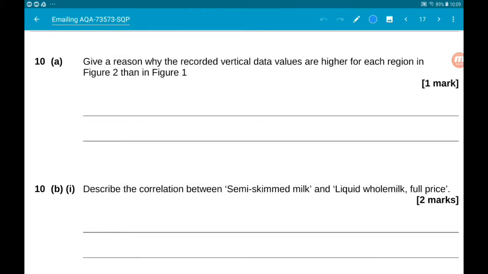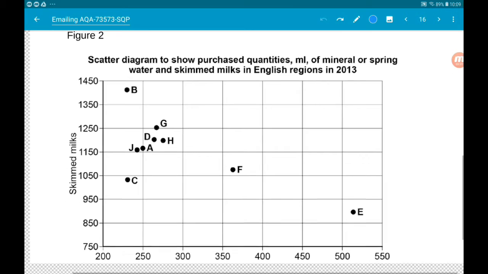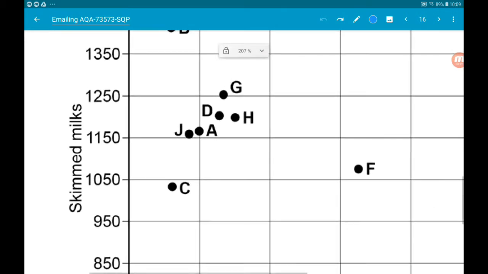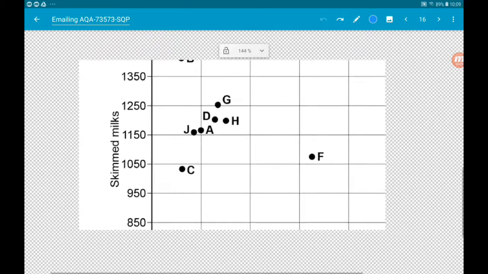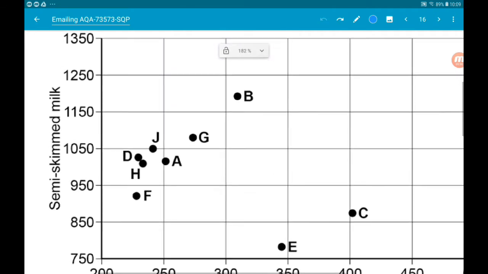Okay, part A asks us to give a reason why the recorded vertical data values are higher for each region in figure 2 than in figure 1. So, let's have a look. In figure 2, we have skimmed milks on the vertical axis. In figure 1, we have semi-skimmed milks on the vertical axis. So,